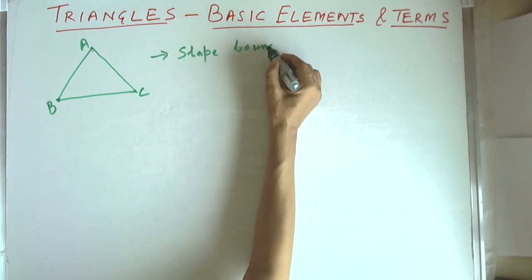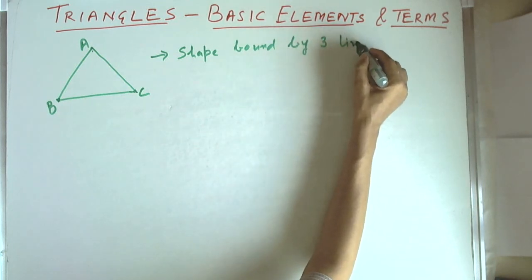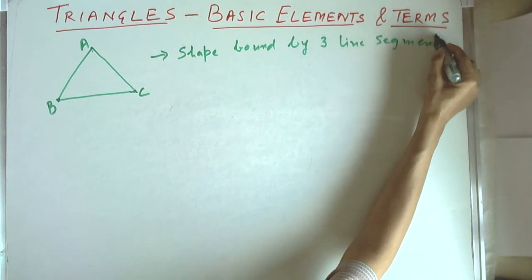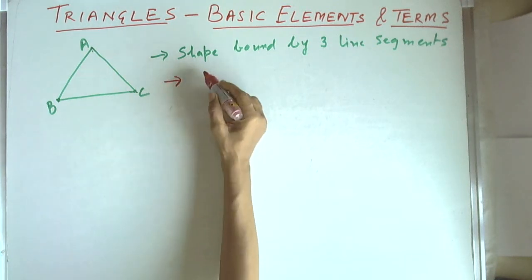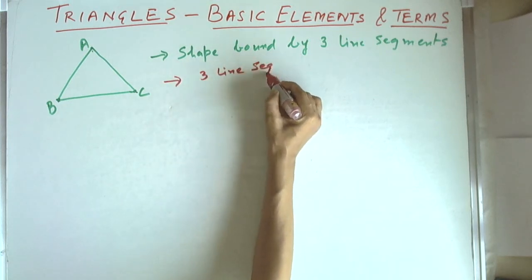So a triangle is a shape bound by three line segments. But loosely we use the words three lines. So what does a triangle have? A triangle has three line segments,